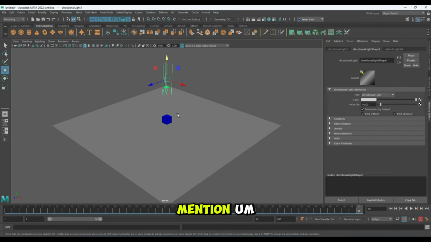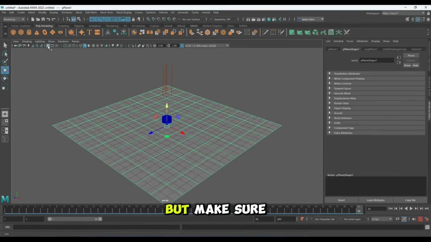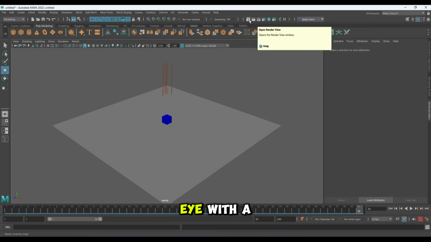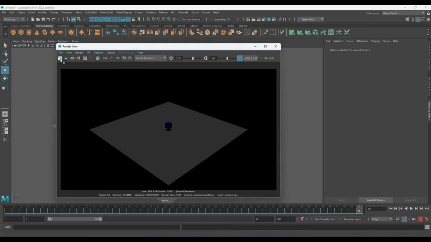Oh, also I forgot to mention, make sure you have a plane, either a rectangle or a plane, underneath the object that you're animating, so that you can see there are shadows underneath. Even if I had the grid turned off, make sure it's not just the grid. You have a plane underneath as well. Once you have that, you can go to this little eye with a little clapboard here, and you can click that, and then it renders out the image when you click this button right here. So you can see there's a little bit of shadow underneath because the cube is above the